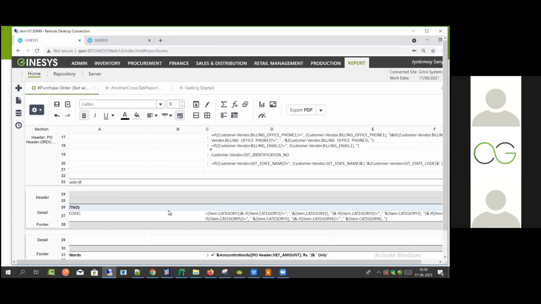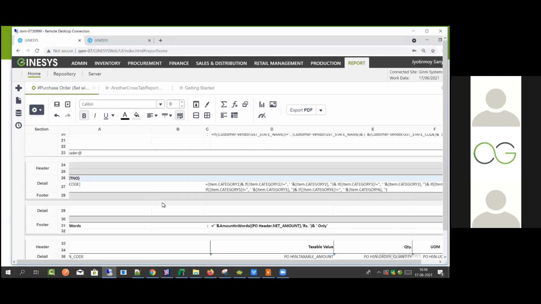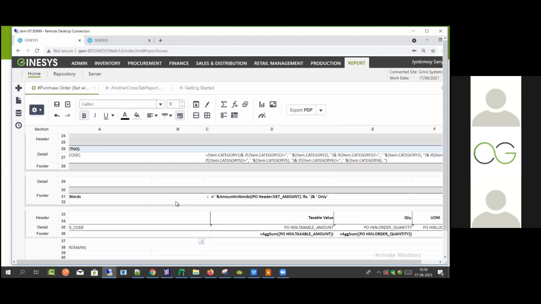If you want it for an item, then there should be a data source which has your PO code and item. If you want it with respect to the HSN, then you will have to have it with HSN and PO code, and then of course charge and PO code.